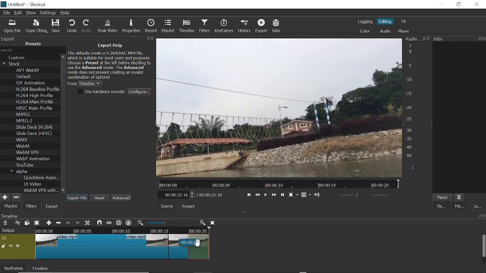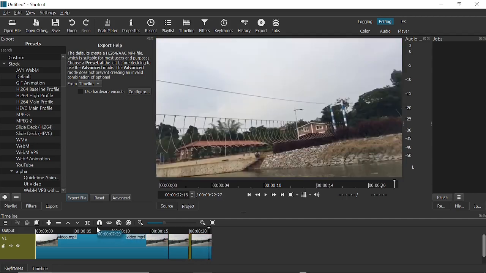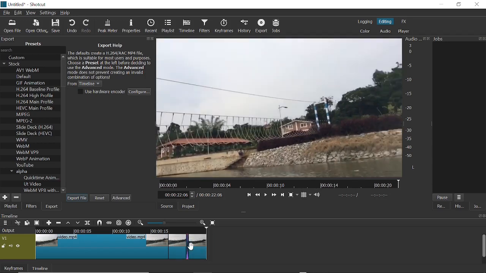As you can see, it's not snapping. So if you want to actually snap it to the other video clip, you have to click on this magnet tool. But if you don't, you won't be able to snap onto it, and you might actually overwrite it,